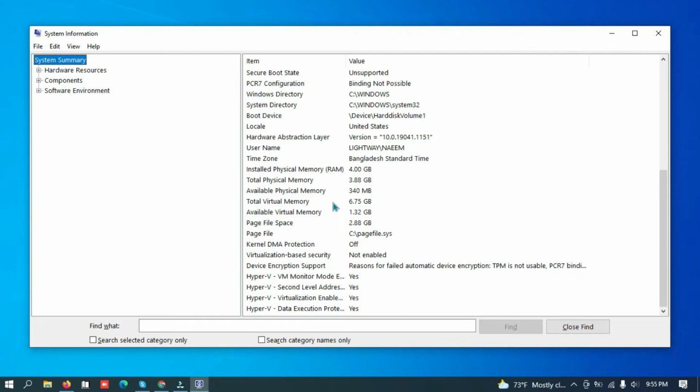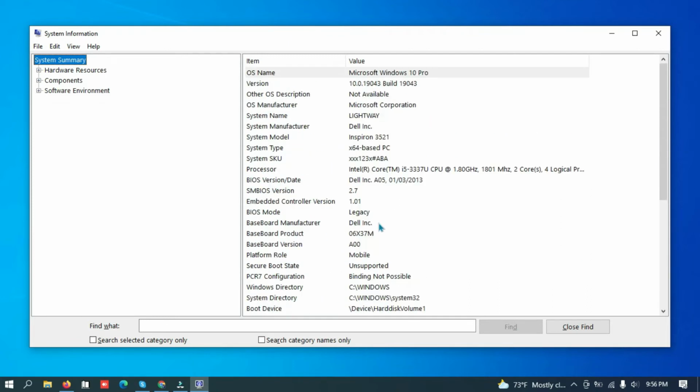Total virtual memory 6.75 GB, available virtual memory 1.32 GB. Page file space is 2.88 GB. Page file C:\pagefile.sys. Kernel DMA protection and virtualization-based security not available here. So all our information is here, with just one command.